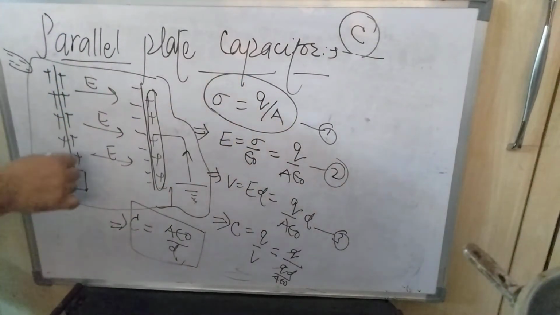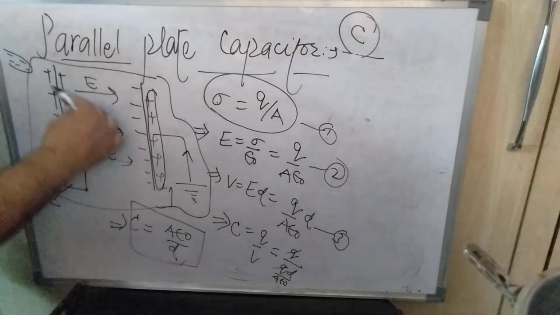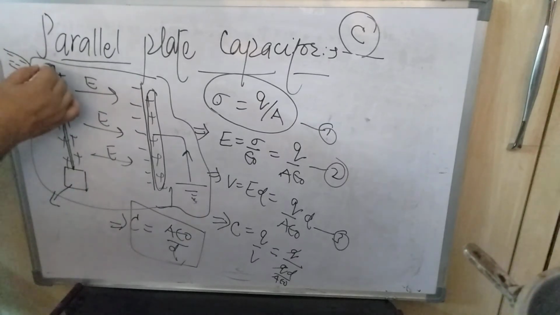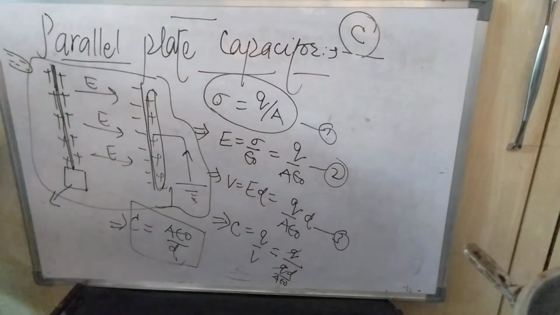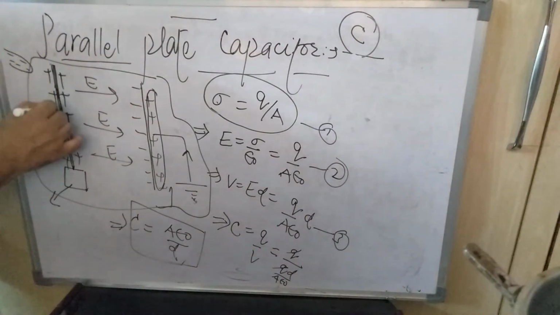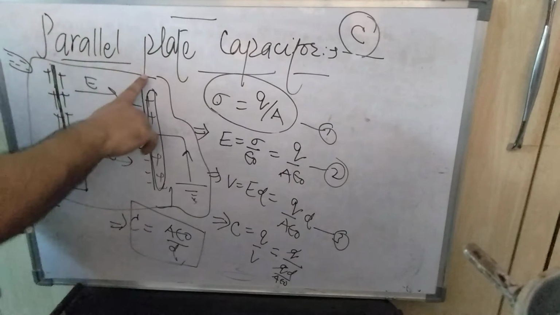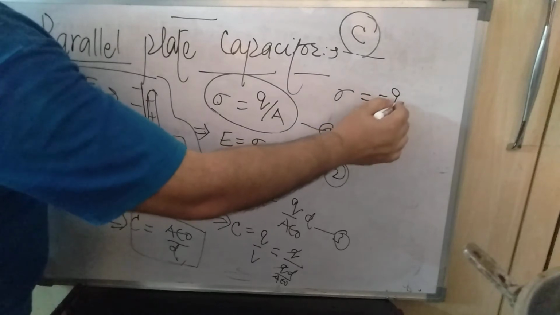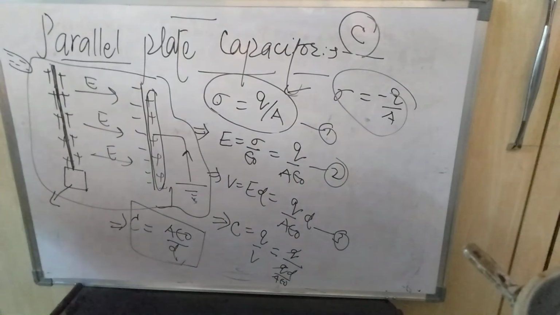What will be the surface charge density of this plate? Q by A, charge per unit area, that is the surface charge density, because it will have some breadth also. This is a bit thick, that's why its surface will be considered. If it becomes very thin, then it is linear and we take the linear charge density, and if there is some thickness, it means it will have area. That's why it will have the surface charge density. So the other plate will also hold a surface charge density of its own, which equals minus Q by A. We may consider either this or that, omitting the negative sign.